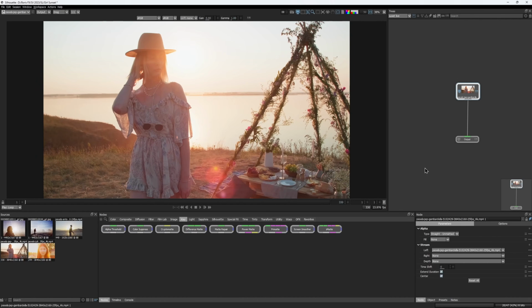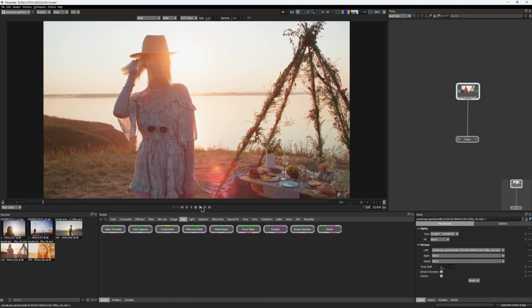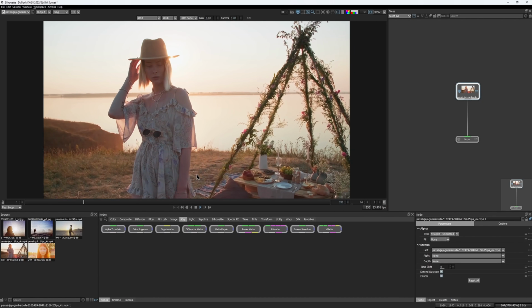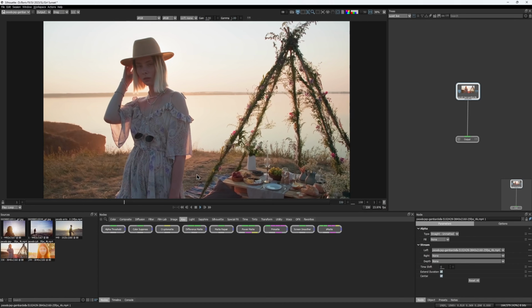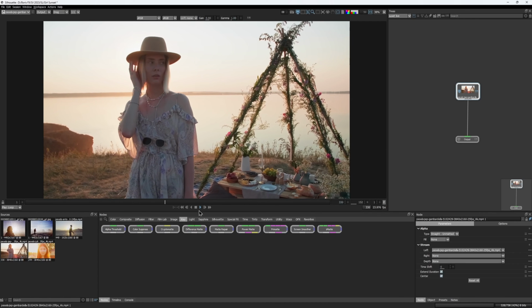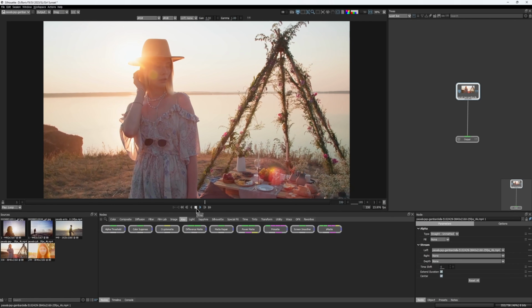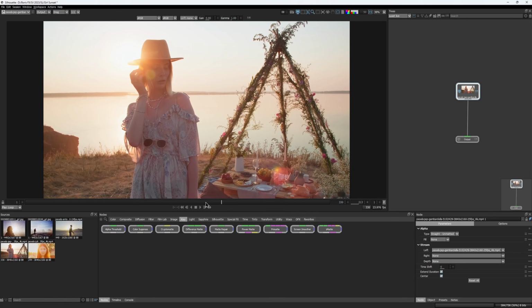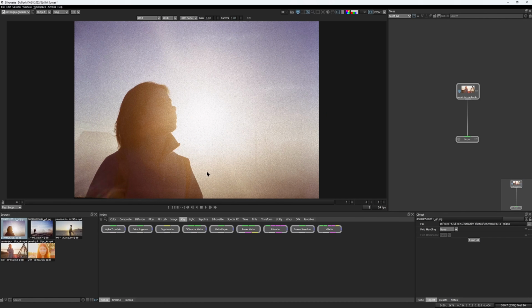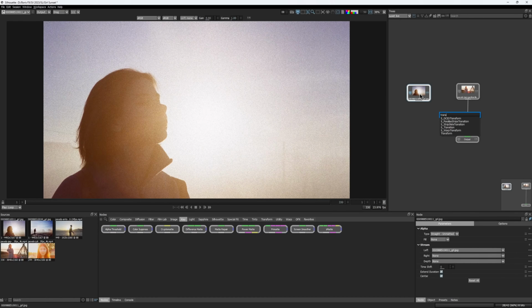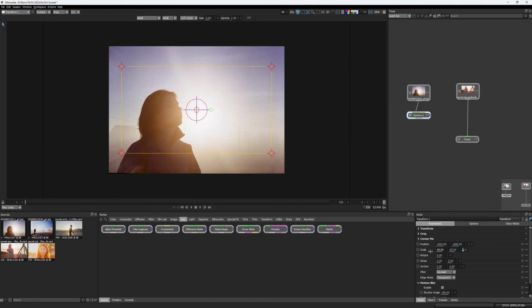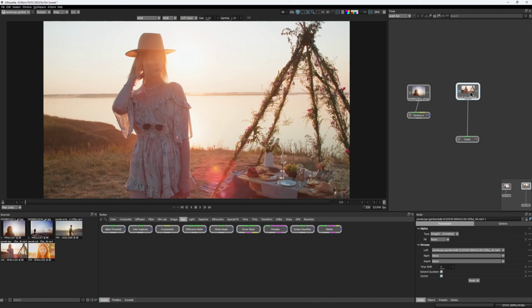Alright, in both previous examples, we were using Ultra Grain just as a stylizing effect. But let's see how easy it is to match a particular grain pattern, in case we need to match that across a sequence of adjacent shots. So we have a clip with a girl at sunset, and I also prepared a photo that was shot on real film that we will use as a reference and try to match to. I really tried to find footage that looks somewhat similar, so we would be comparing apples to apples.